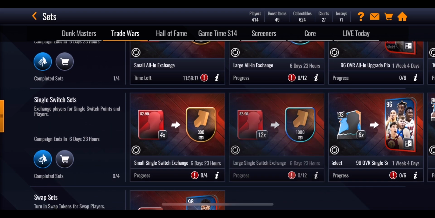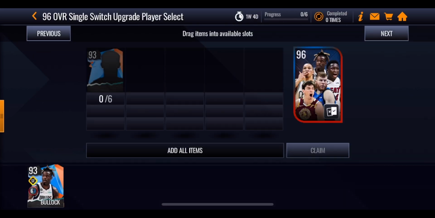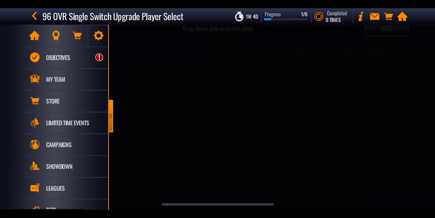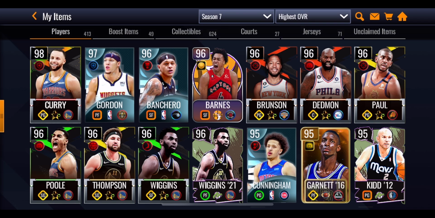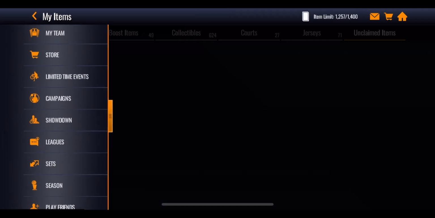Then you've got some extra exchange sets where you're basically upgrading the players. You start off with the 93 overall players. You can put 6 in here to get yourself a 96 select pack. Again, when you get them from here, just save them to your bench. All you got to do is whenever it appears on your screen to open it, close the app, and it should then appear in your My Team section and in View All Items. This is where it will appear in the unclaimed item section, and then you can go ahead and open it